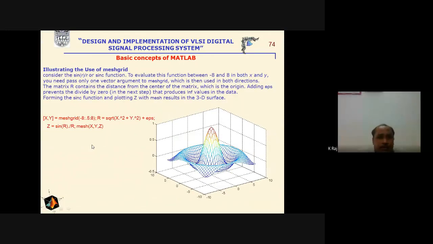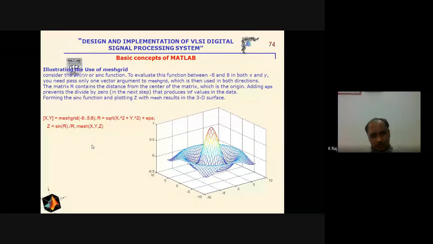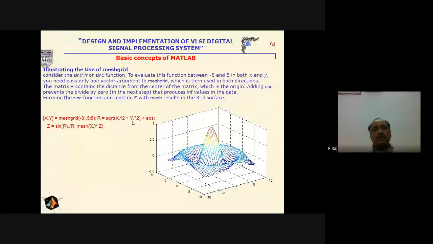Similarly, this is another way of representing the same thing, but the function is different. Here the function is the sinc function, that is sine r by r. R is defined in terms of x, y, and z is defined as a function sine r by r. We have defined x, y as in the previous PPT, and meshgrid takes place here.